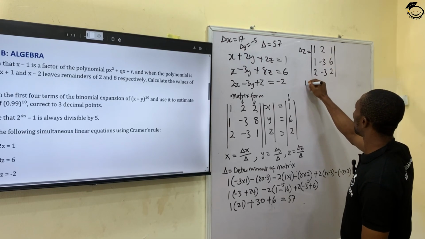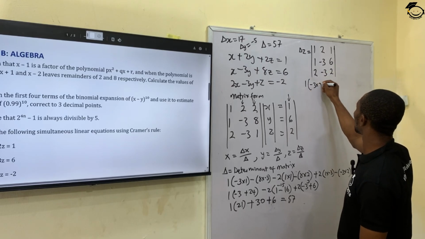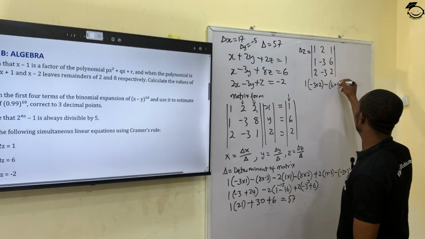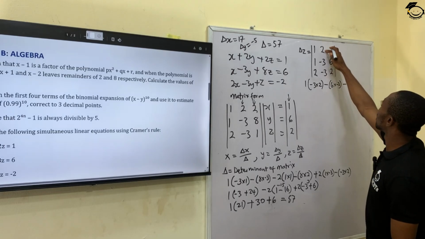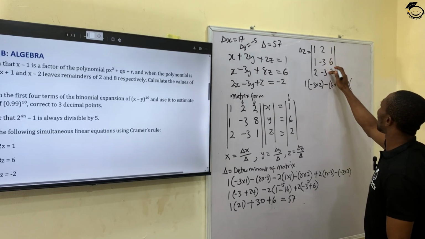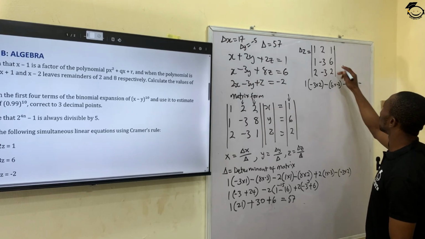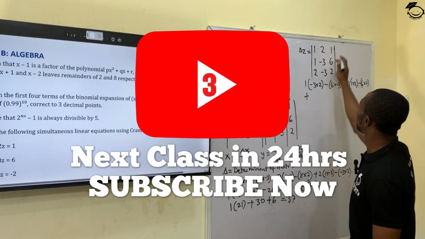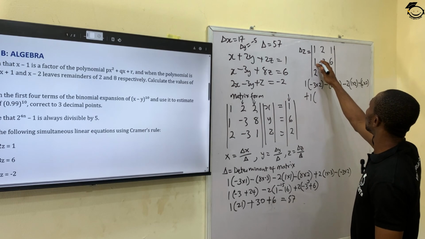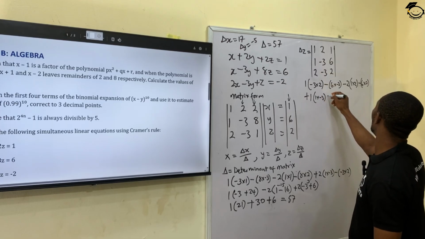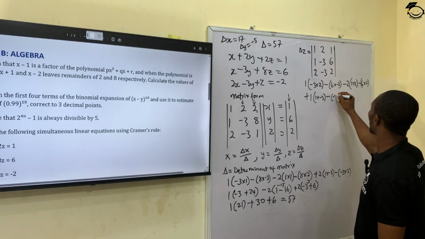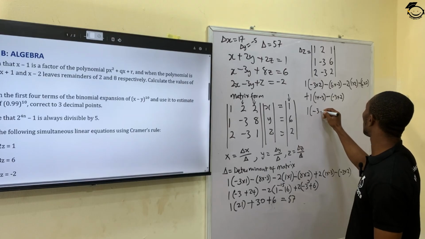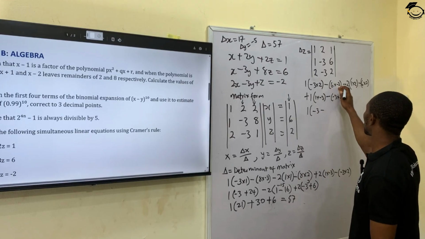This becomes, keeping 1 constant, minus 3 times 2 minus 6 times minus 3, minus, keeping 2 constant, 1 times 2 minus 6 times 2, plus, keeping 1 constant, 1 bracket 1 times minus 3 minus 3 times 2. So if we do this, it becomes 1 bracket minus 3 minus, okay, 6 times 3, 18,